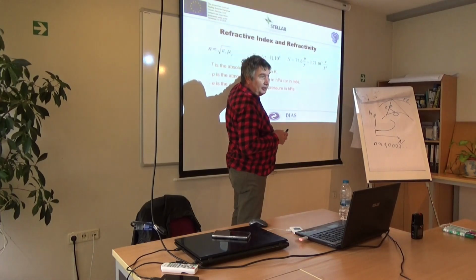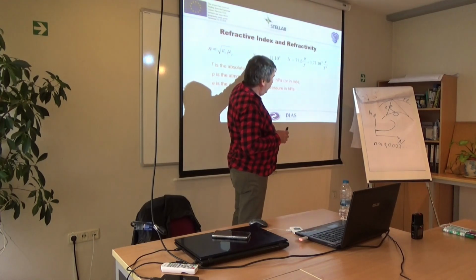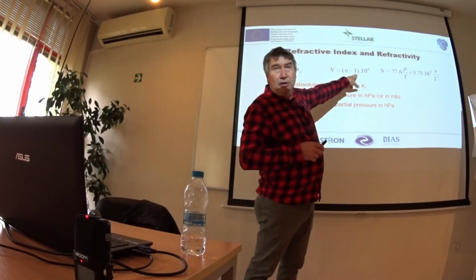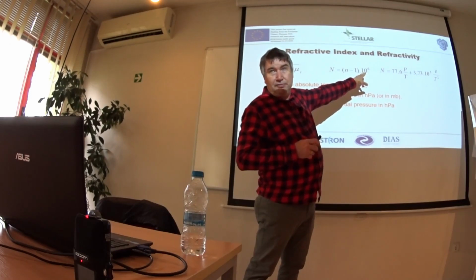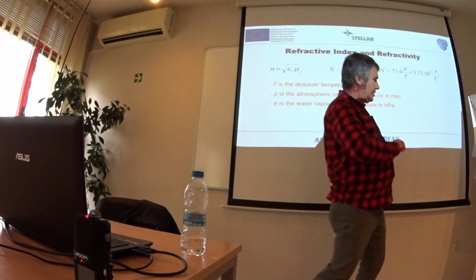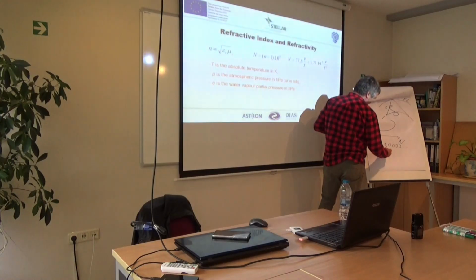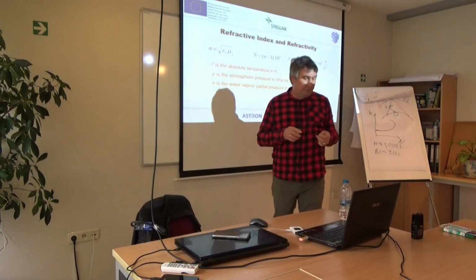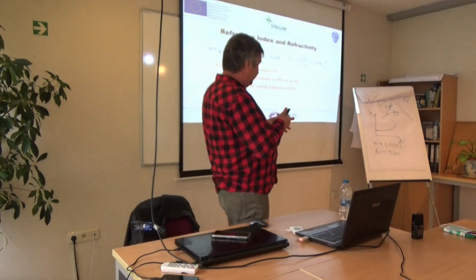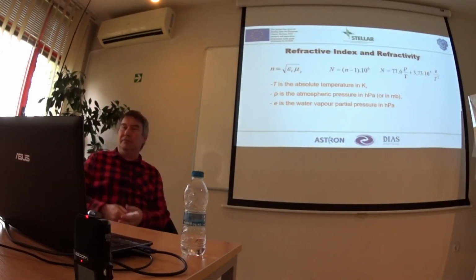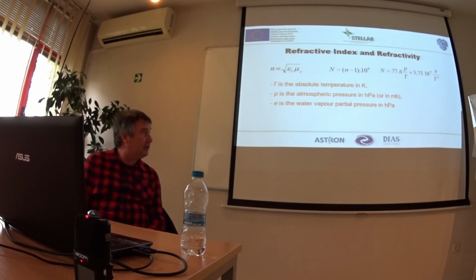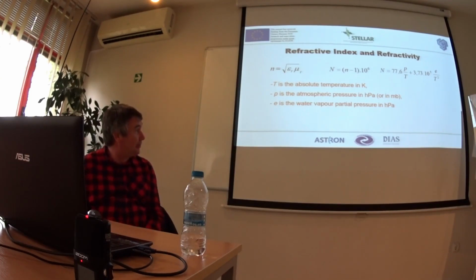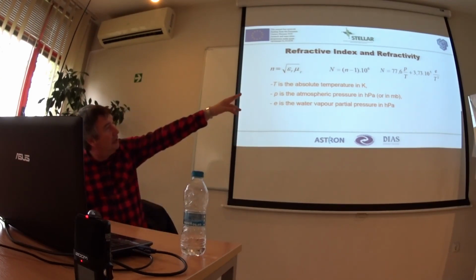This is the refractivity of the Earth atmosphere, and this is small n minus 1 multiplied by 10 to the power of 6, or this N is around 300. It gives us more information than small n or refractive index, and this refractivity,